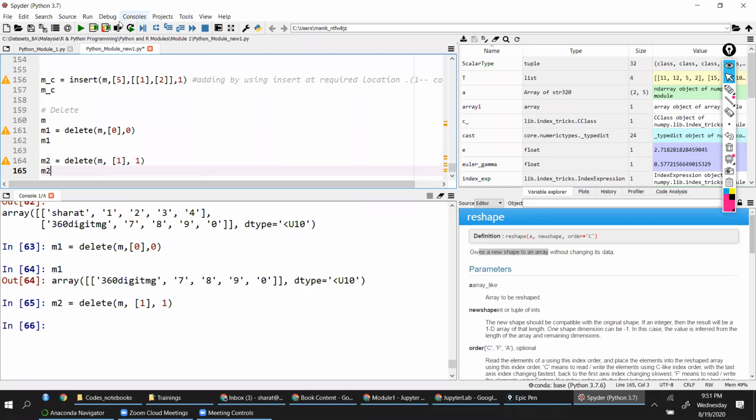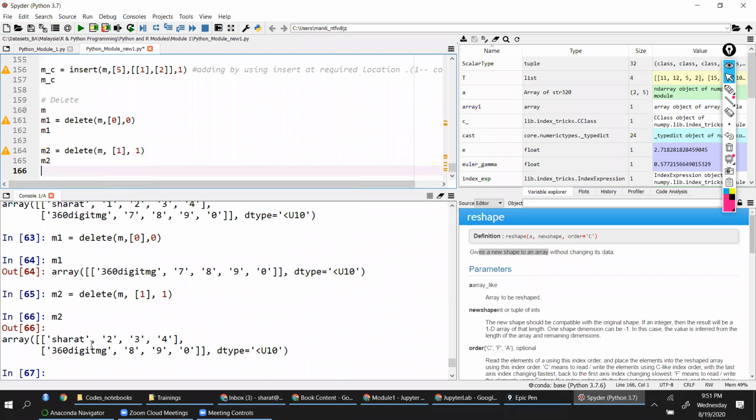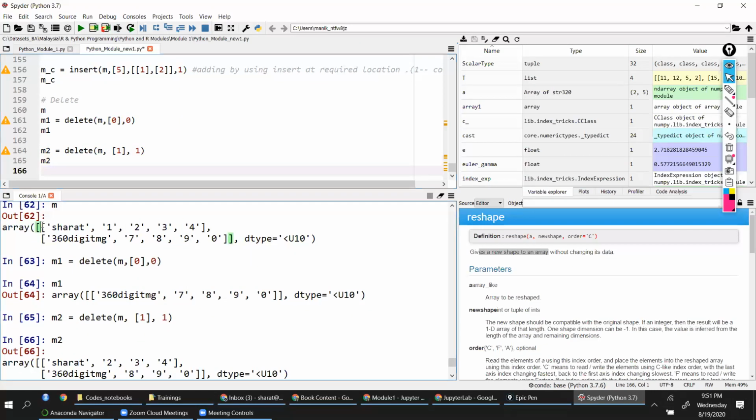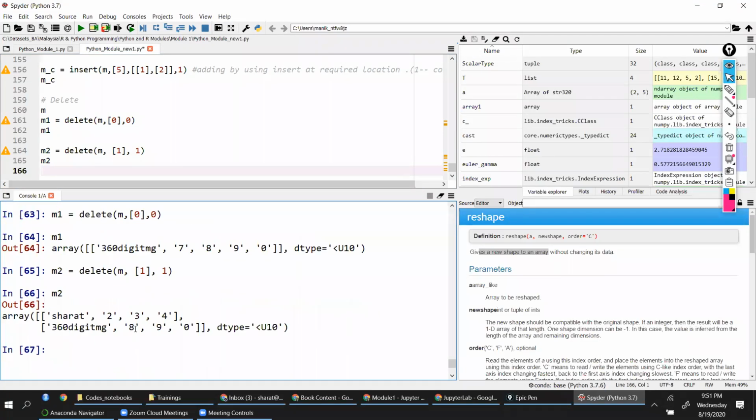Exactly. So this is your original matrix. The second cell has 1 and 7. The content in the second cell, that is index 1, is deleted. Because it is a matrix, remember, it has a fixed index for rows and columns. So this is the second column, right? So you are deleting the entire column.